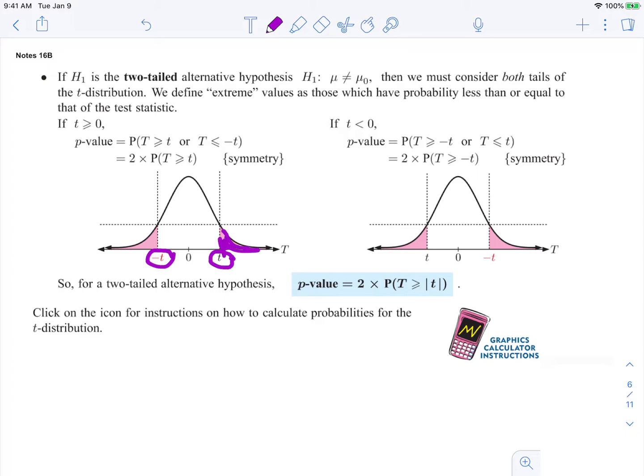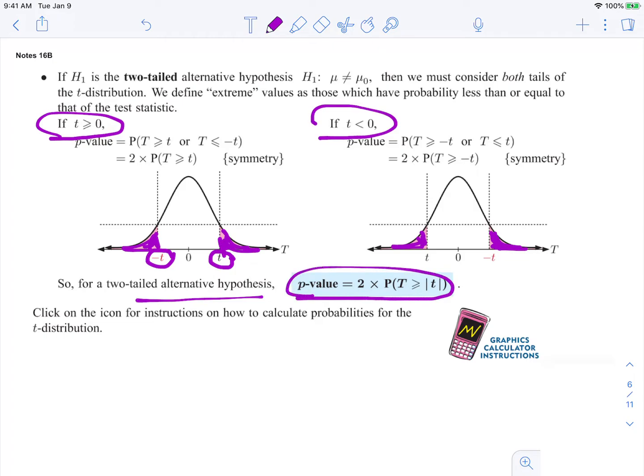Here's your area under the curve when your t is greater than 0. If your t is less than 0, here's your area under the curve. So for a two-tailed alternative hypothesis, the p-value equals 2 times the probability